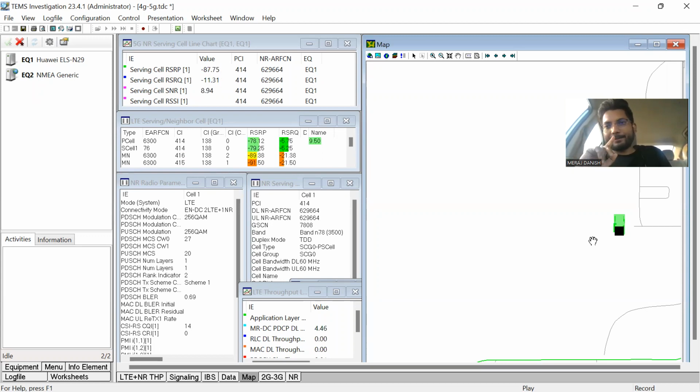You need to connect. You tried once, you tried thrice, four times, and suppose you are failing to connect the phone, you need to restart the TEMS window also. You need to restart the cell phone several times. You need to switch it off, switch it on, and suppose after that it is still not coming,